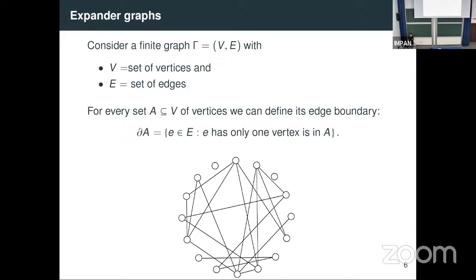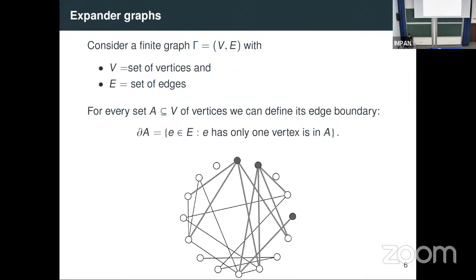What are these graphs? Consider a finite graph. For any subset of the vertex set, I can look at its edge boundary. These are all the edges that connect the vertices in my set to the complement. If this is my set, then this will be the edge boundary. This is of course motivated by